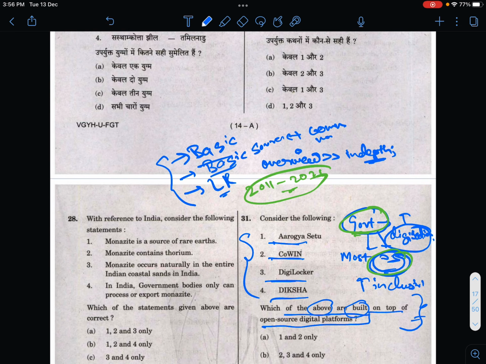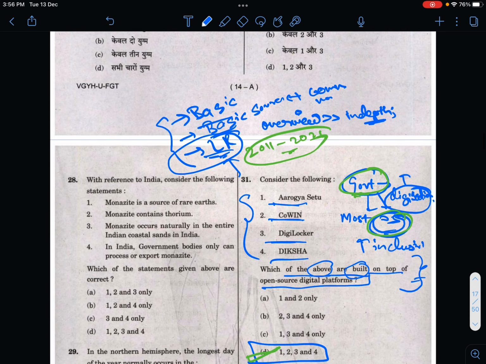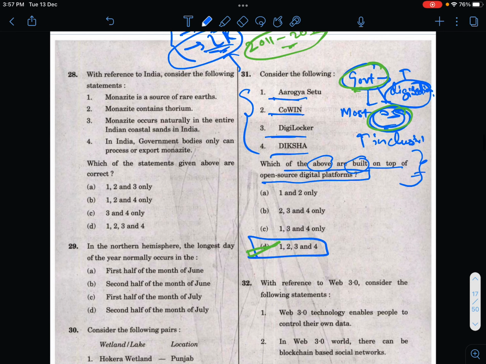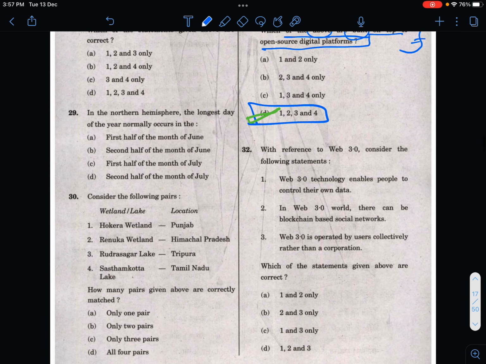So the moment you see a question like this, you should be able to bucket it under category 3 and say that whatever information is given to me in this statement is enough to solve the question. So that confidence is very important. That approach has paid me rich dividends in the past, and we can see it even in questions to come. So let's see question number 32.